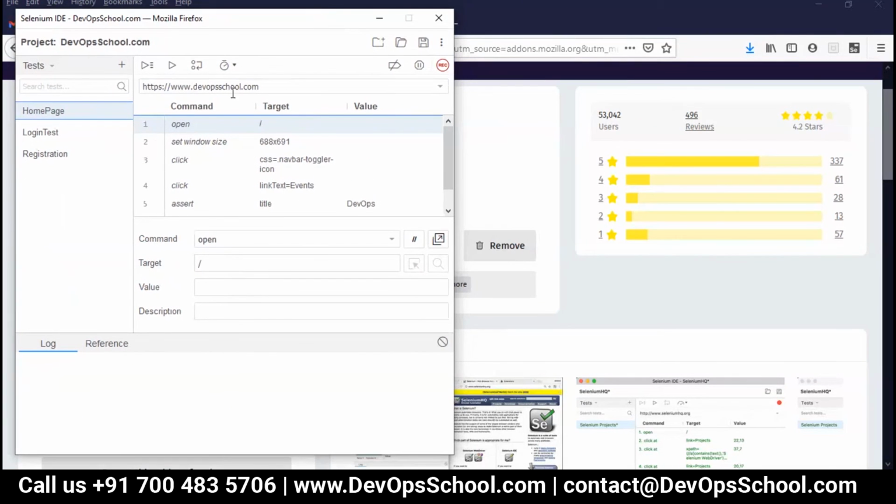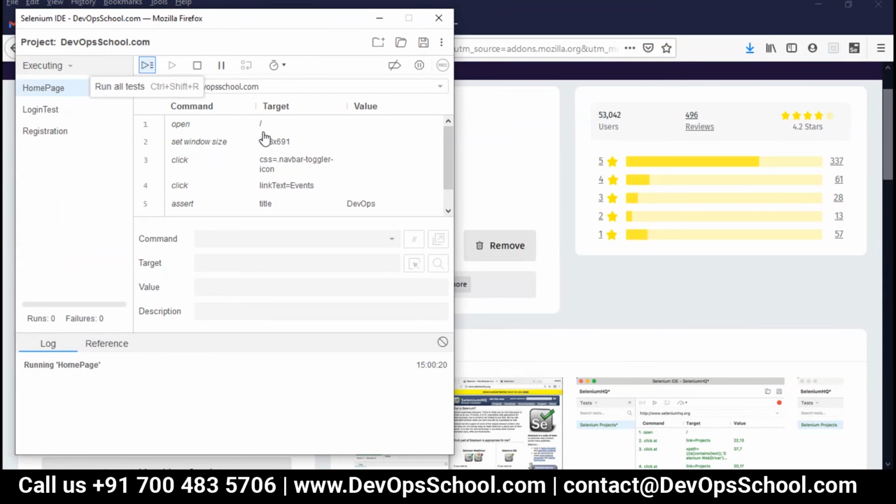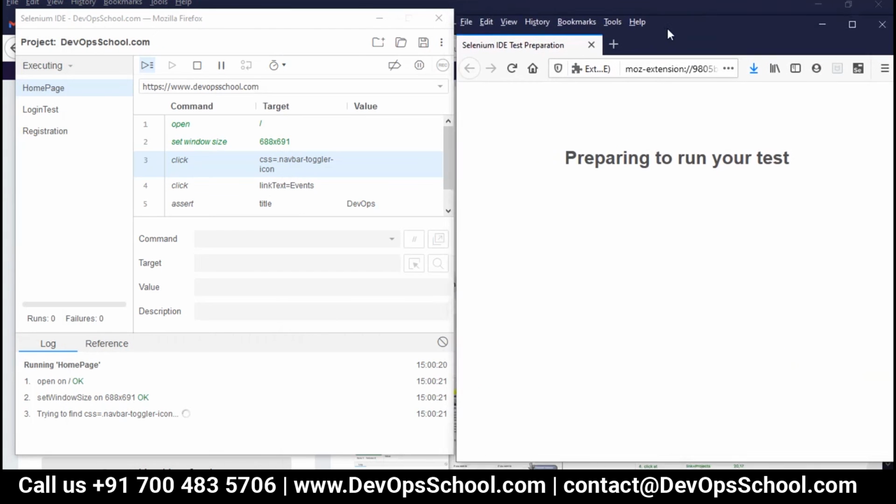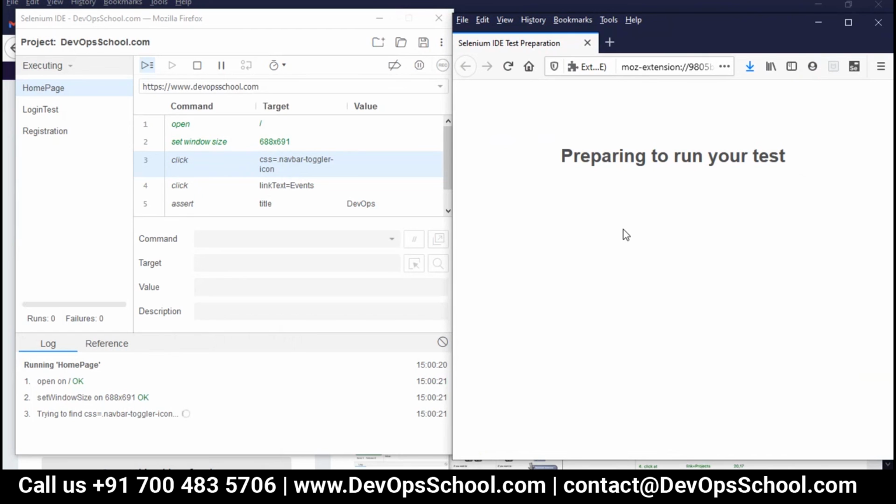Now let me try. What is happening? So basically here, whatever left side says okay, okay, okay, right side is not visible. Now why is it not visible? Okay, no problem.